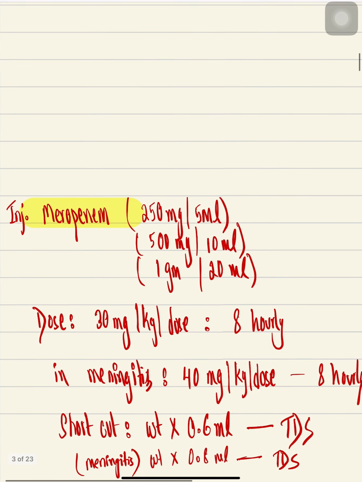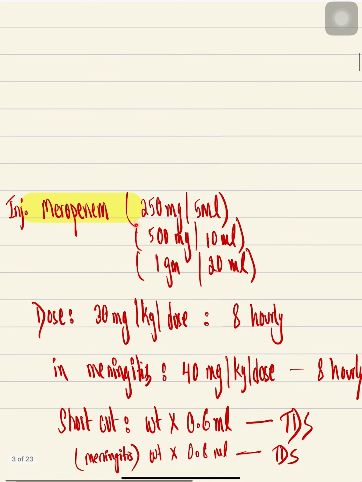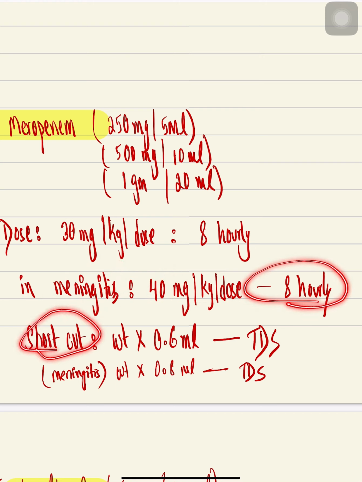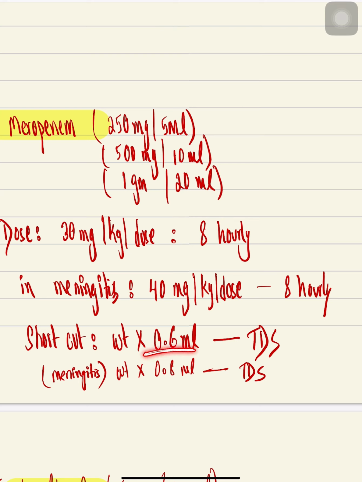The next is meropenem. We have formulations for 250 mg, 500 mg and 1 gram. The dose is 30 mg per kg per dose. We can prescribe it 8 hourly, but in meningitis it becomes 40 mg per kg per dose 8 hourly. Shortcut is, for normal infections, weight into 0.6, and for meningitis we can prescribe weight into